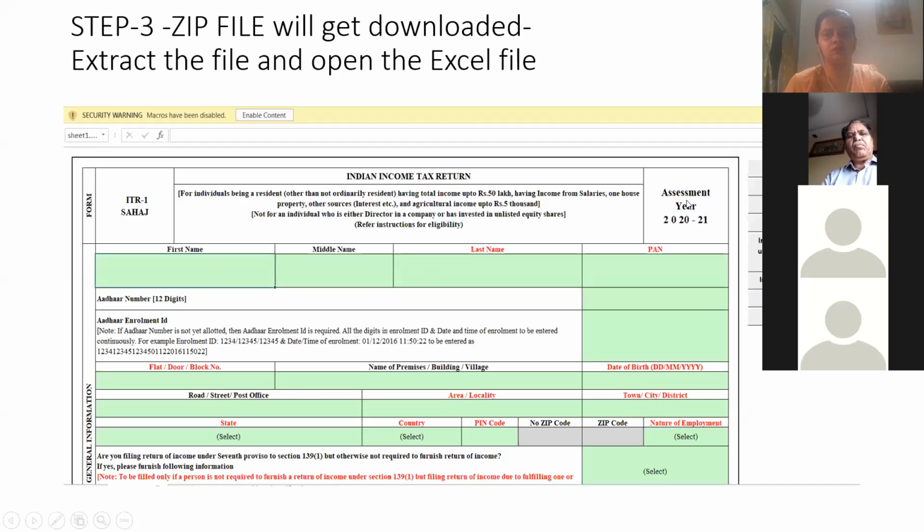Now, before learning about the form and how to fill the form and all that process, so here we have completed 2 processes till now. We have completed the login process. We have completed the downloading process. Now we will start with the 3rd process, which is filling up of this form and uploading it. So here, before going through the form, let us understand some basic points about it.